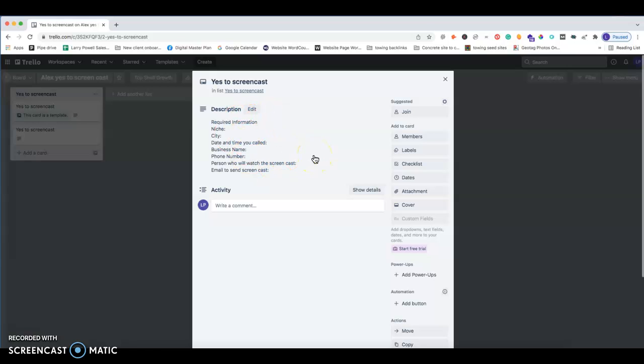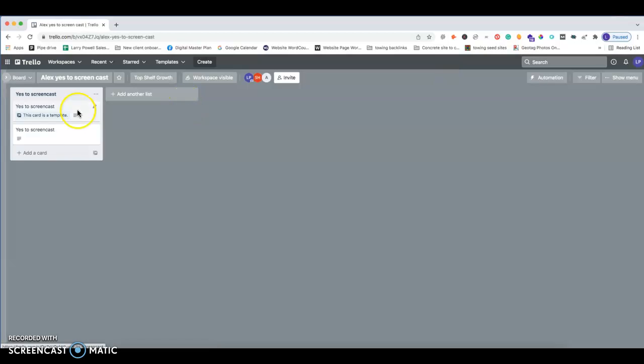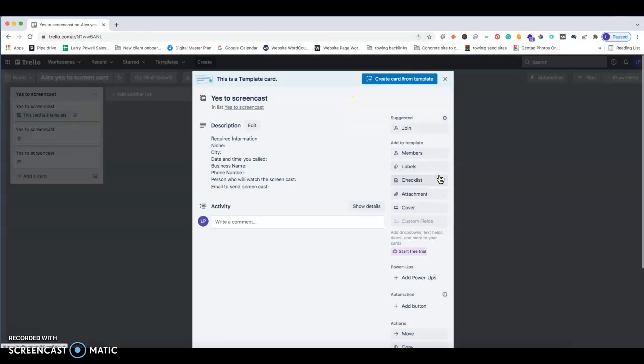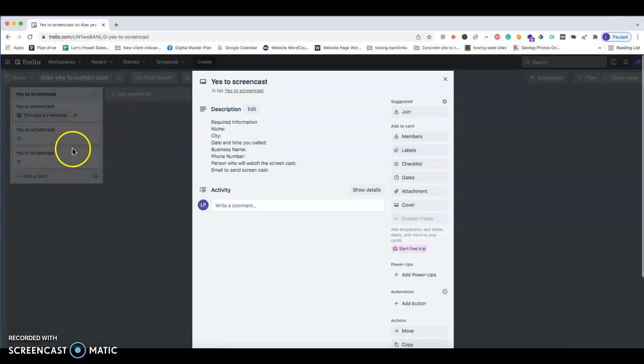But that's basically it. So you'll put all that information right here in comment, and then hit save, and that will enter it in. And so the same thing is going to be applied for the next one. You guys will just go here, create a card from template. And you can see that now there's another one after that also. So it's that